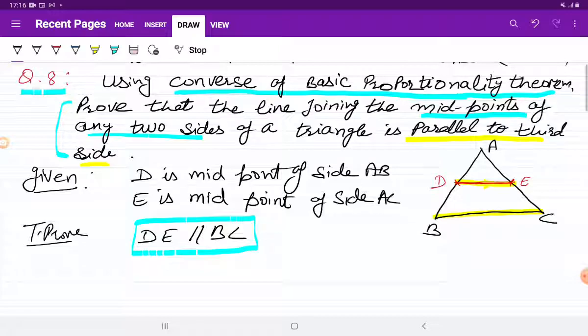So we have to make the ratio same. Our motive is to make the ratio same. अगर रेशो सेम आ गई, that is AD upon DB is equal to AE upon EC आ गया, तो लाइन थर्ड साइड के पैरेलल अपने आप हो जाएगी. Okay, because of the converse of BPT theorem, we already explained in the converse part.